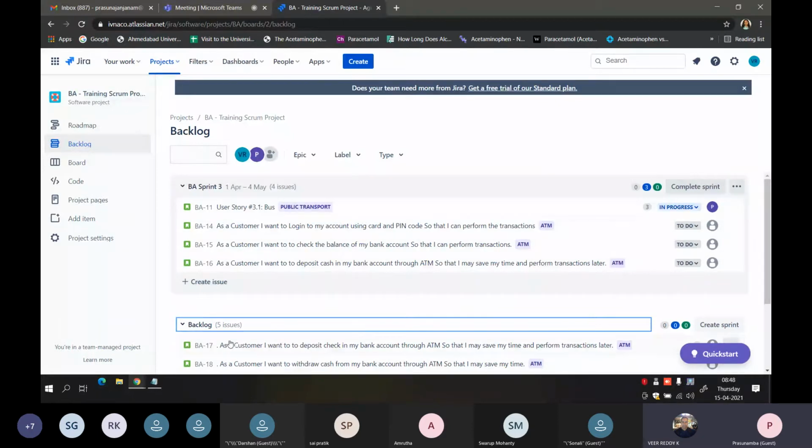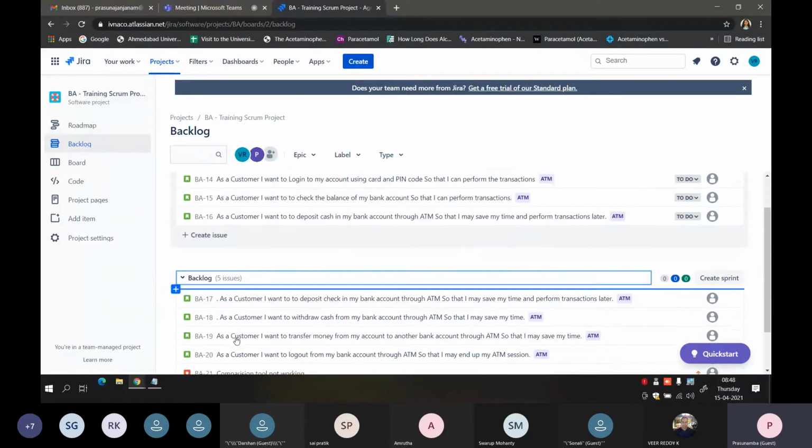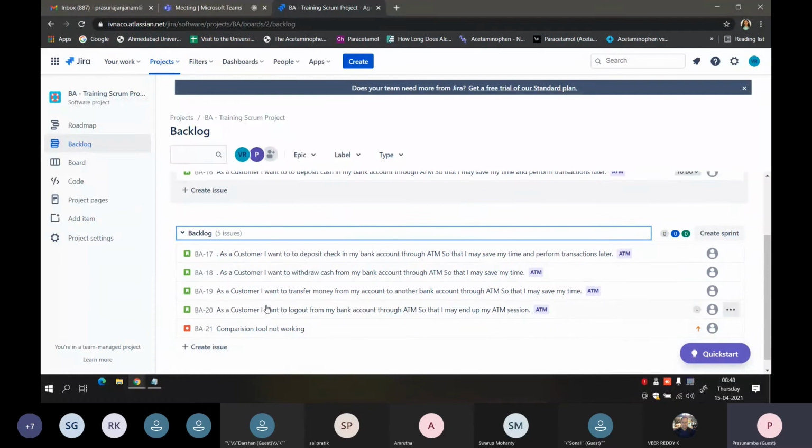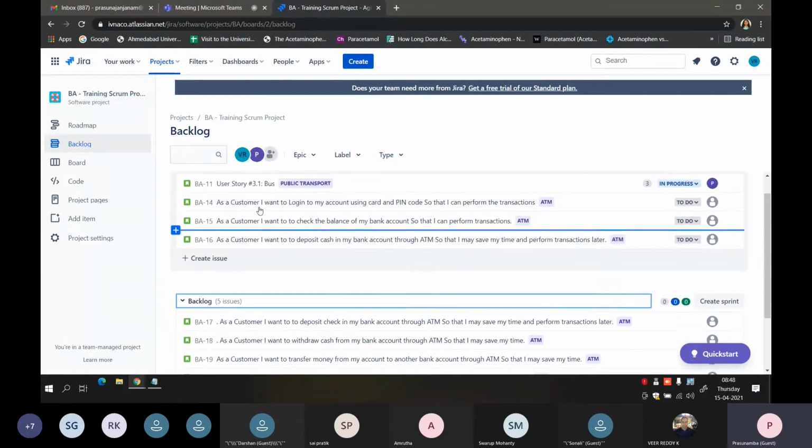So that is the only difference. Because I selected move to next sprint, it is showing here, and we are supposed to complete it in this sprint. If you move it to the backlog, it will be under the backlog, and later, as sir already explained, when they decide that yes, we can complete this in an upcoming sprint, they will move it to that sprint.